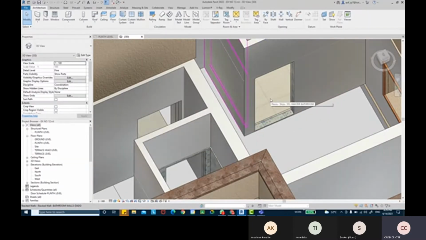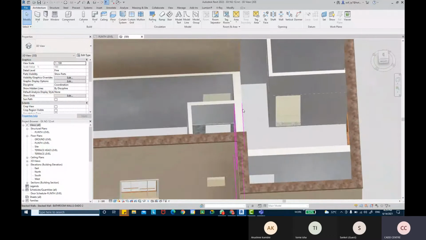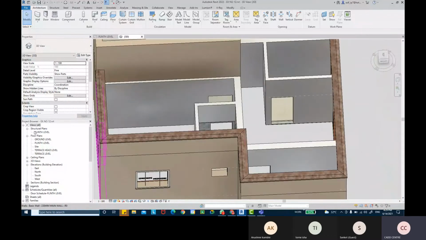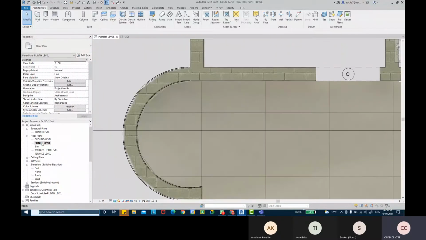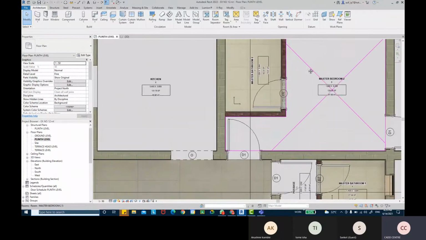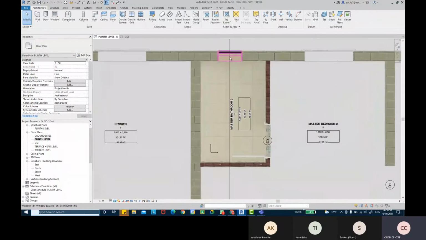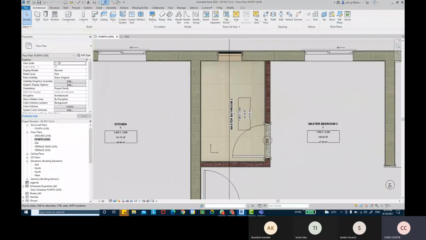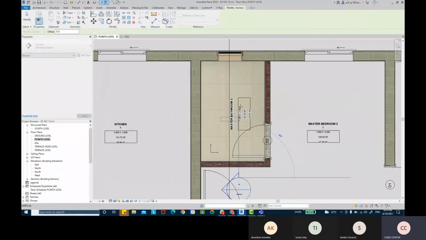We have already created the flooring for the bathrooms, but it is not sloped. Let me create a section for you. So I'll create a section for your bathrooms. Take section line, create one section, cut it through this.